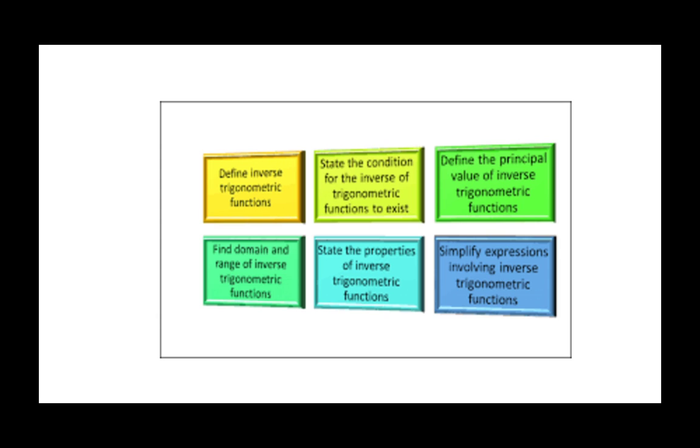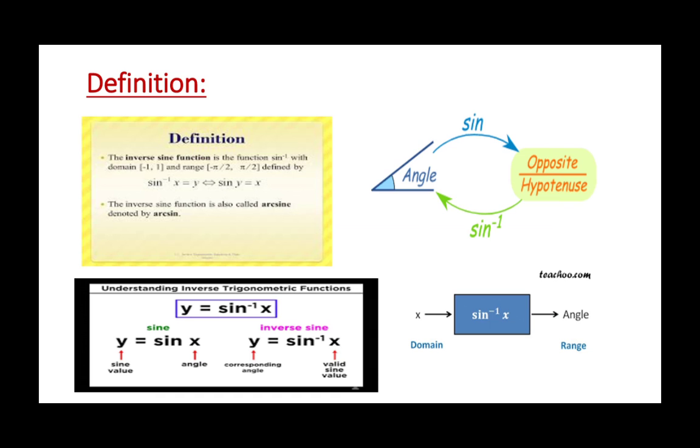So the whole chapter of inverse trigonometric function is based on these 6 parts. First is the definition of inverse trigonometric function, then the condition for the existence of inverse trigonometric function, then the principal values of inverse trigonometric function, then the domain and range of inverse trigonometric function, and then different properties of inverse trigonometric function, and then application of properties of inverse trigonometric function in solving the different sums. Okay, so let us start with the